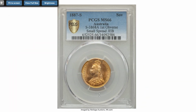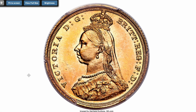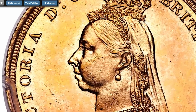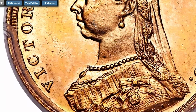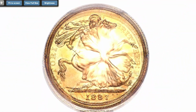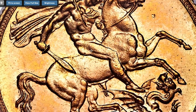$31,725. Here is the 1887S Victorian gold sovereign. Graded Mint State 66 by PCGS, minted in Sydney. Variety with small space GEB, designer's initials on Queen's shoulder. The key date, mint mark combination of Victoria's Jubilee series. This stunning specimen currently ranks at the pinnacle of the PCGS census in terms of finest. Featuring slightly reflective fields saturated with brilliant cartwheel luster and a handful of tiny contact marks on surfaces, virtually passing without remark, incapable of marring this coin's exceptional beauty. Actual weight of gold content is 0.23 ounces. Sold on January 7, 2019 for